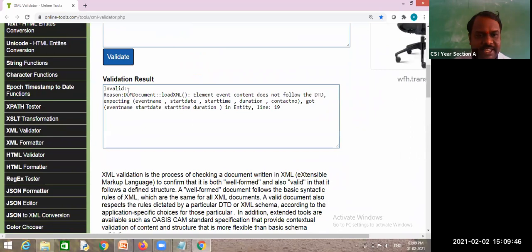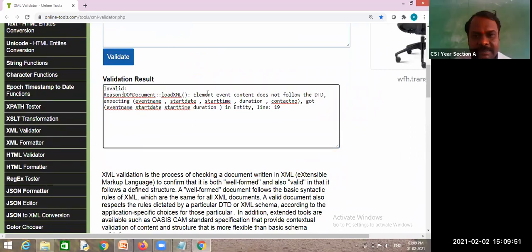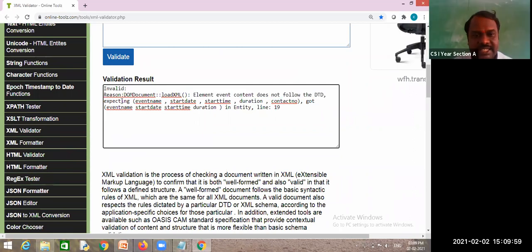What happened? Invalid. It is giving a reason. What is that? Element event does not follow the DTD. Am I following the DTD? No. What is it expecting? Event name, event date, event start time, event duration, contact number.